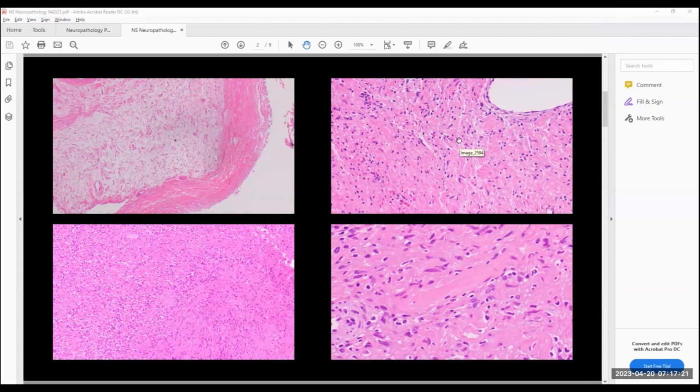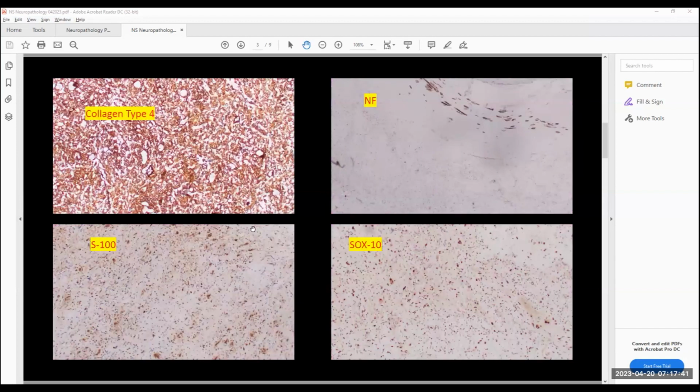Okay, so you can see here a collagenous stroma and a spindle cell proliferation. At the bottom, you can see at high power that the spindle cells look kind of innocuous. They don't have mitoses. It's not super highly cellular. There's hyalinization. So, it looks like either a schwannoma or a neurofibroma, but when you do collagen 4, it looks like